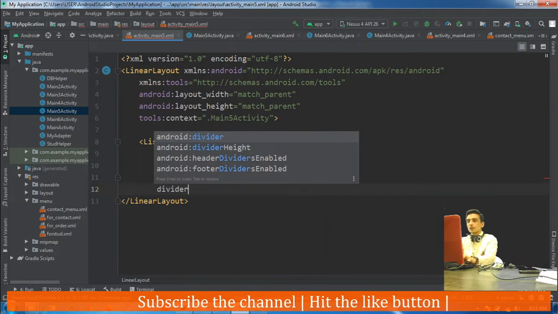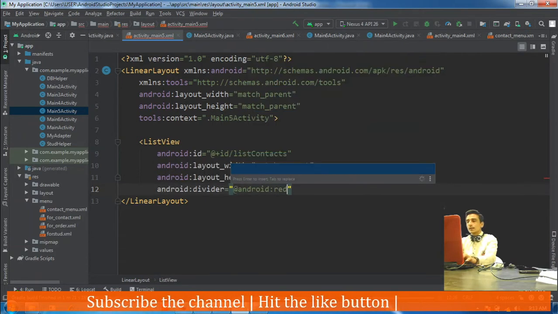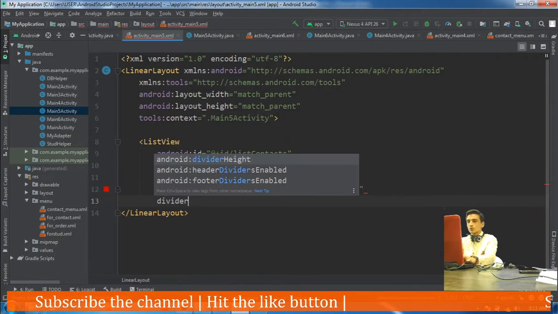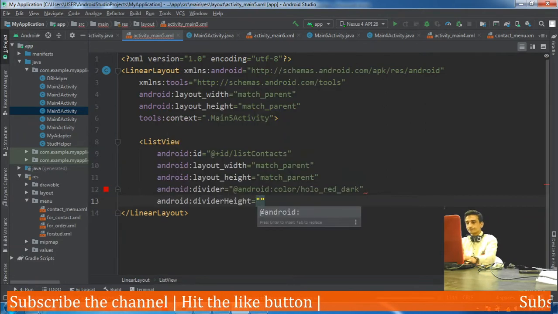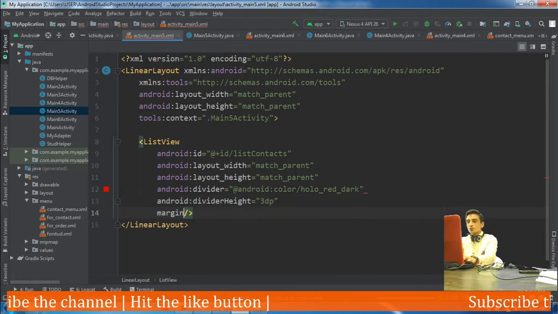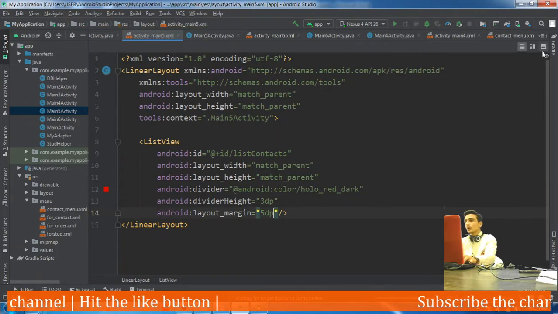I can have a divider of any color. Divider height could also be set. Margin should also be set to 5 dp.